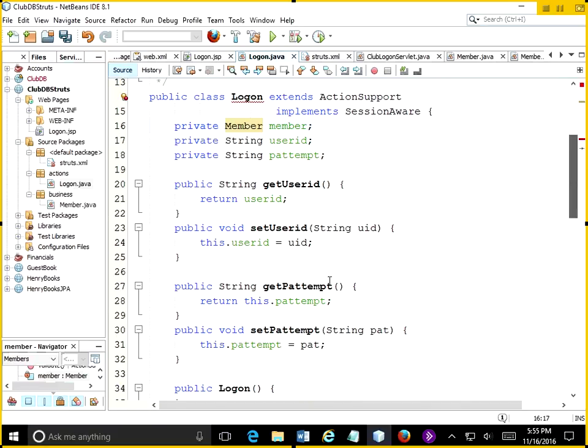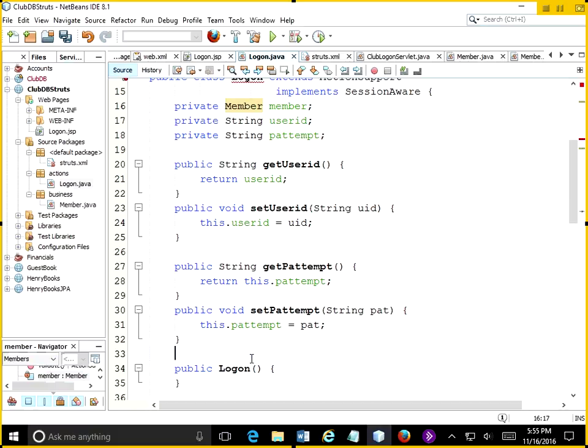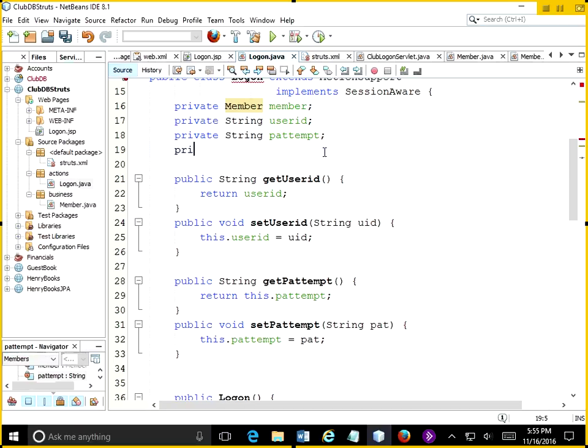That's the other thing, that it's kind of your style as to whether you put all these globals at the top or the bottom. Since I started with everything at the top, I'm going to continue that idea. So here we go. We're going to have another global object, which is our session, and I'll put it up here with the variables. So it's a private map, because the session is really just, for our purposes, a name value pair, so it's a map. So we're going to have a private map session, and then